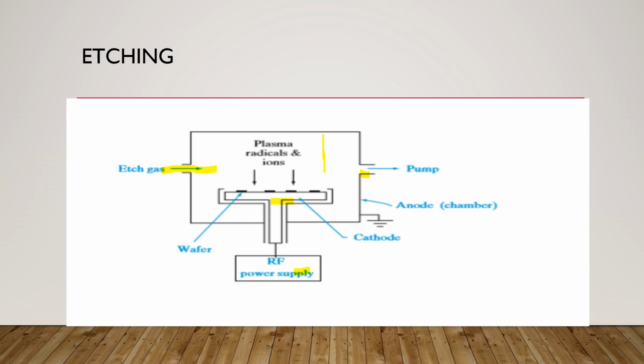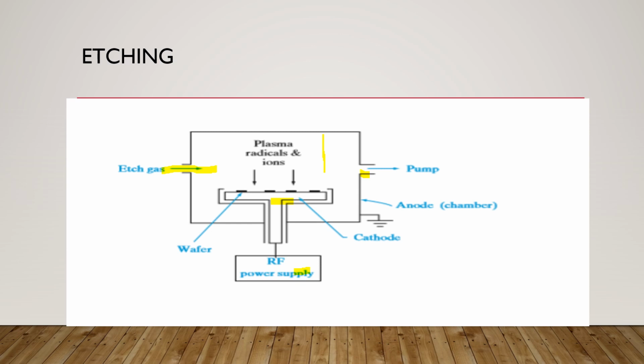It can be shown that the voltage next to the cathode can be increased by making the powered cathode smaller in area than the grounded anode. That is, the cathode has a smaller area than the anode, and this figure also shows that.